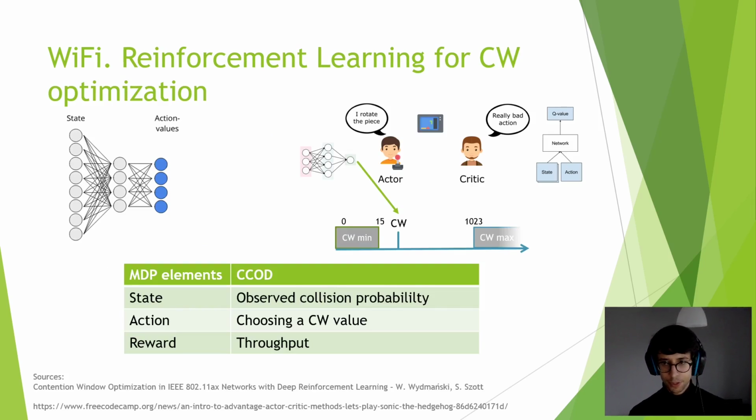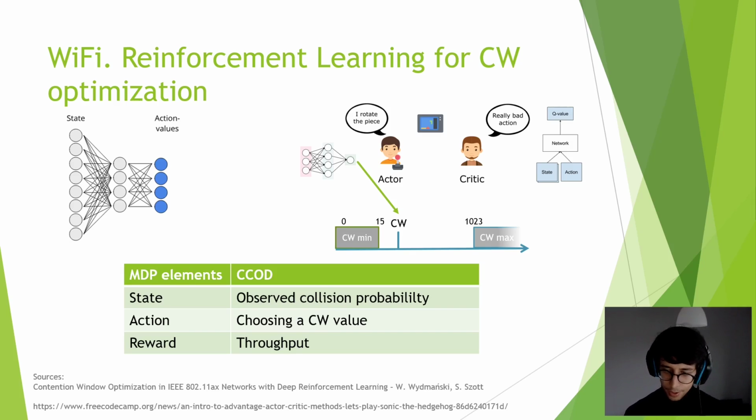Together with Professor Szymon Szott of the AGH University, we have designed a system for CW optimization called C-Code, Centralized Contention Window Optimization with DRL. It allows for using any type of reinforcement learning agent and trains it in the task of selecting the right CW value. We have decided to showcase it using two algorithms, the aforementioned deep Q network and a deep deterministic